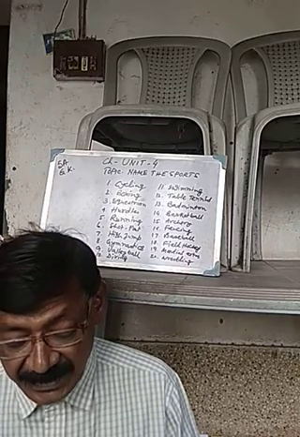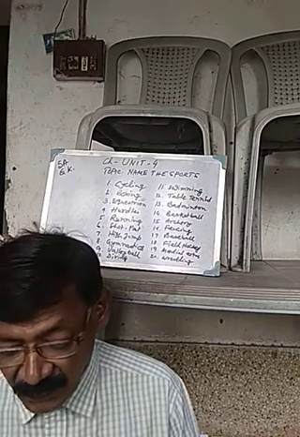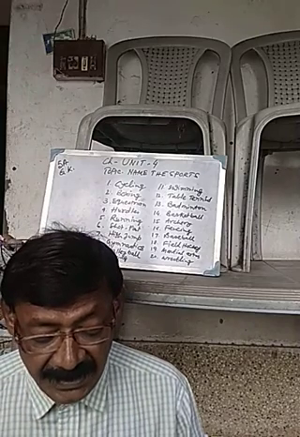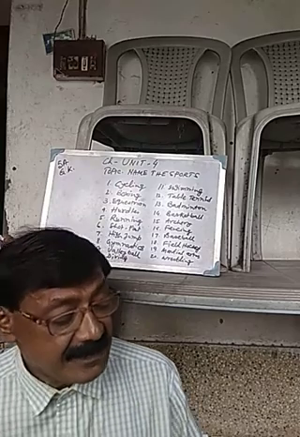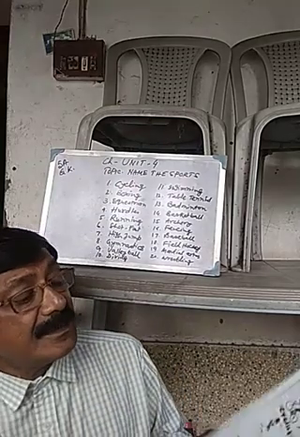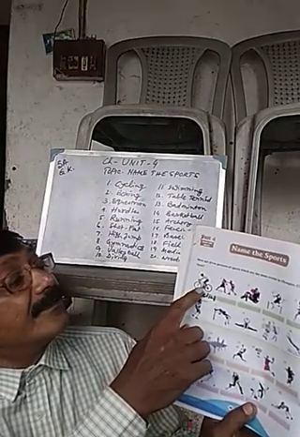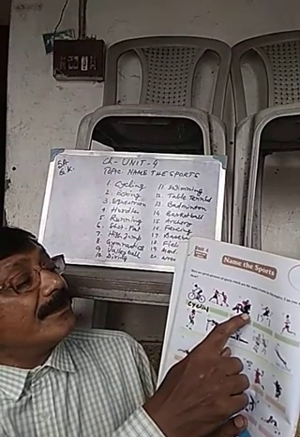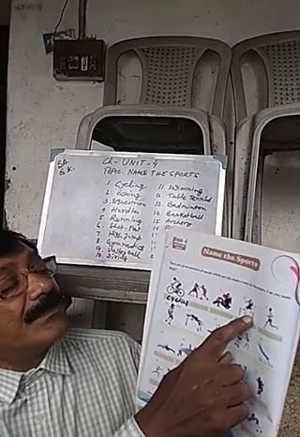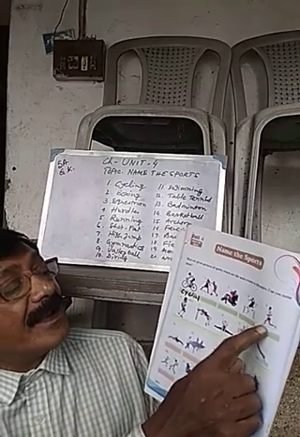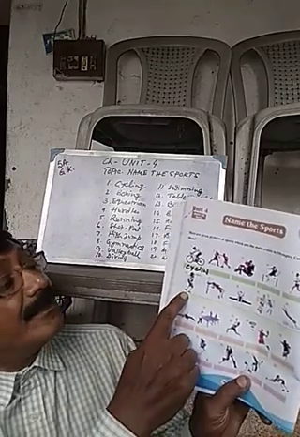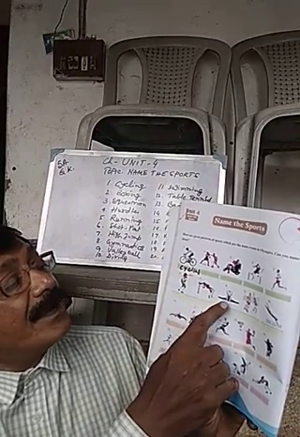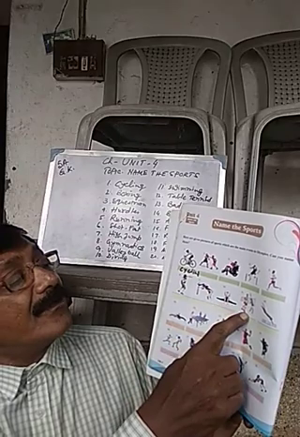That means here I would like to show you some pictures depicted in your book. According to that picture, you have to find out which game it is. Number 1, you see here it is cycling. Second one, it is boxing. Third one, it is equestrian. Fourth one, it is hurdles. Fifth one, it is running. Sixth one, it is shot put. Seventh one, it is high jump. Eighth one, it is gymnastics.